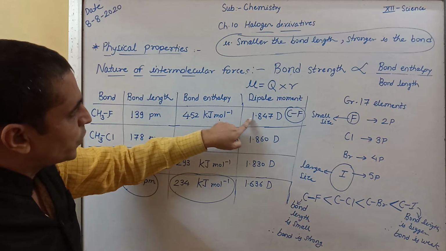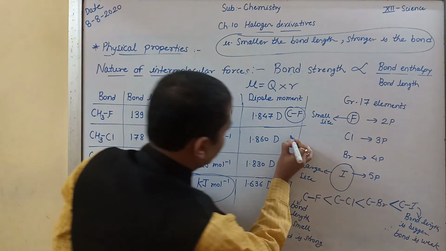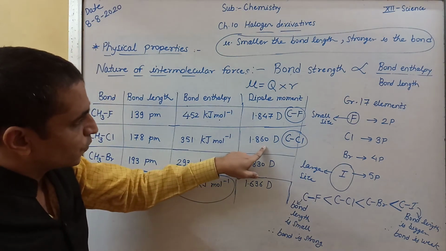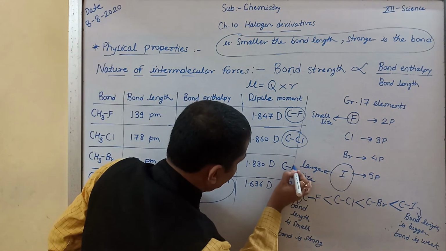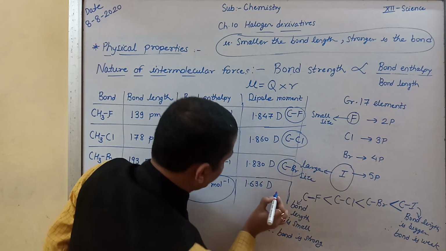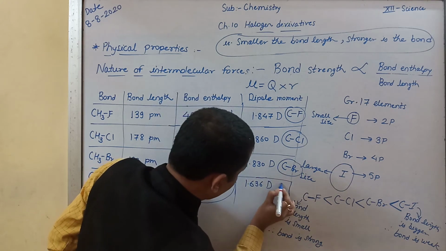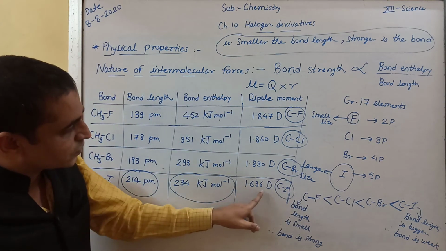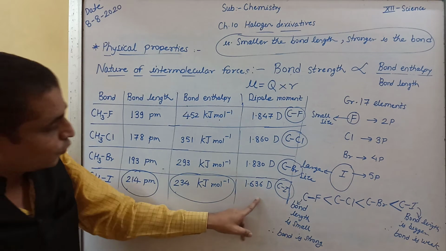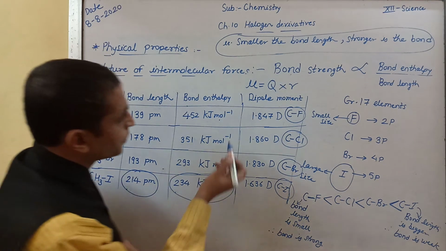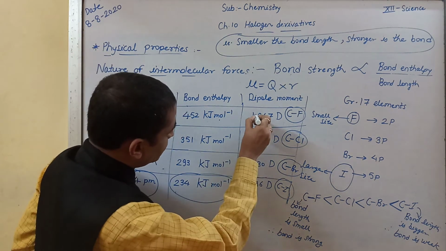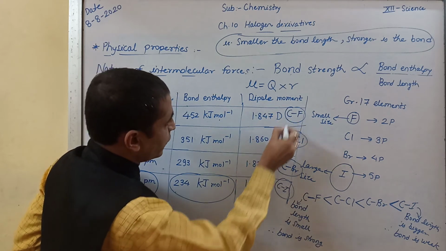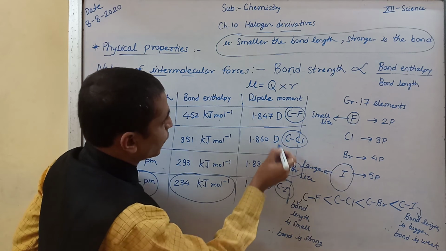Now see here, for C-F the dipole moment is 1.847, and for C-Cl the dipole moment is 1.860, and for C-Br it is 1.830, and for C-I the dipole moment is 1.636. Now see, there is a very little difference between the dipole moment of C-F and the dipole moment of C-Cl, because